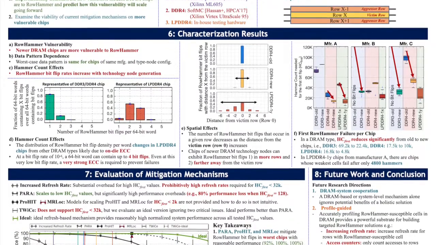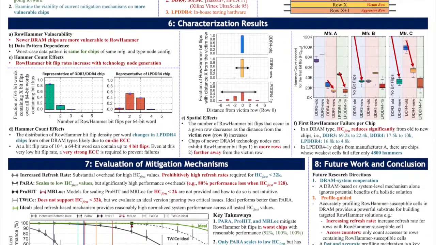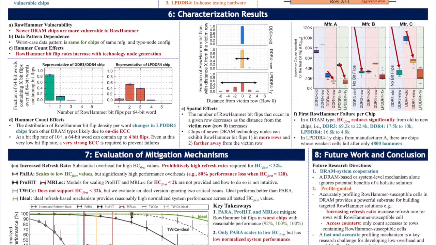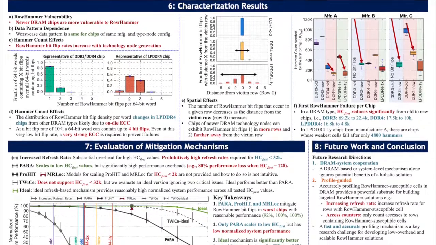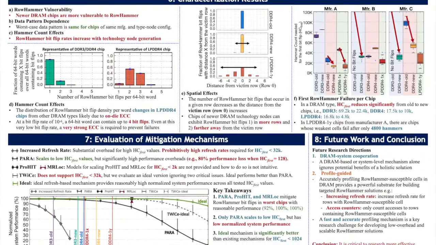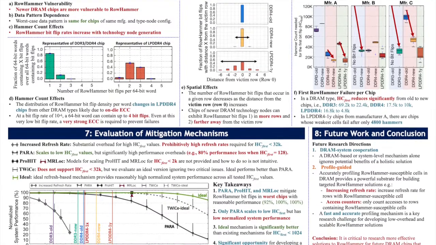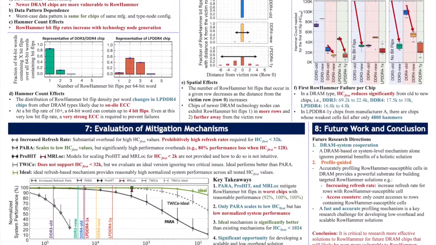We also evaluate the system performance impact when using different mitigation mechanisms on chips of varying degrees of vulnerability for 5 state-of-the-art mitigation mechanisms and 1 ideal refresh-based mitigation mechanism in green. We indicate with the orange vertical line the worst degree of RowHammer vulnerability that we observed across the modern DRAM chips that we characterized, and we find that the available mitigation mechanisms can mitigate RowHammer in worse chips today with